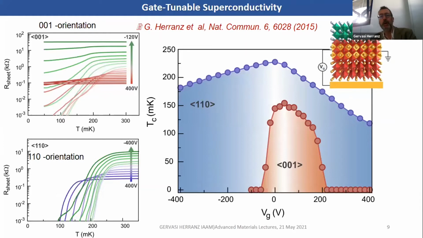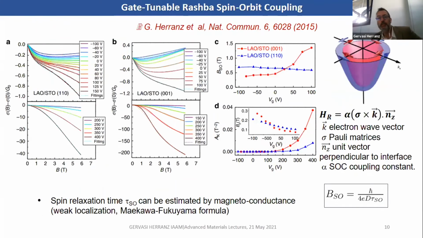So this is one particular instance where the particular energy landscape and symmetries of the orbitals in the quantum wells have important consequences on the physical properties. Now, if we go to the Rashba spin orbit fields, similar implications also hold. For instance, why are Rashba spin orbit fields important? Basically, in the presence of